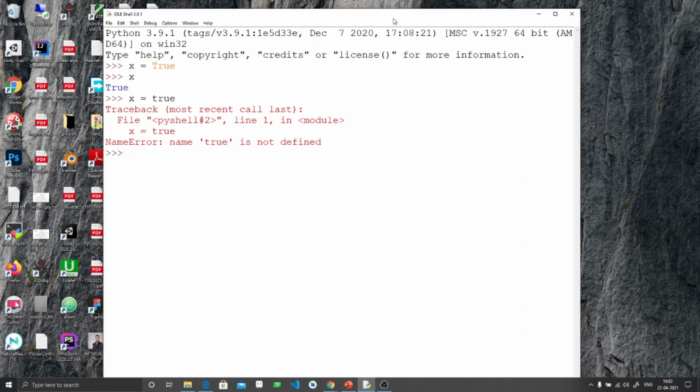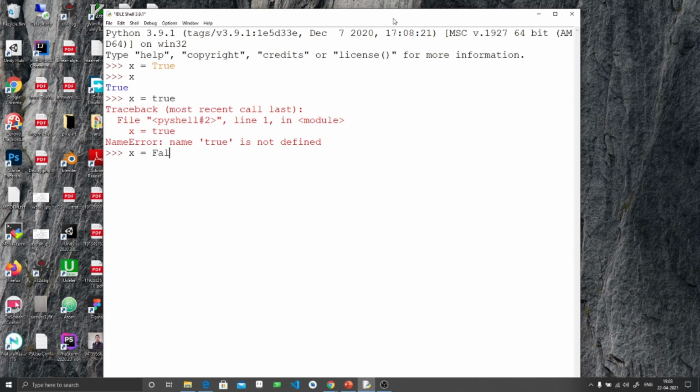A name error is given because true is not defined. It is trying to find a variable with the name true, but that is not what we want. We want to assign the value True. So don't use lowercase, always use the first letter as uppercase.